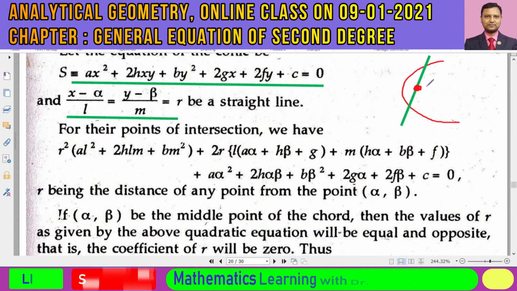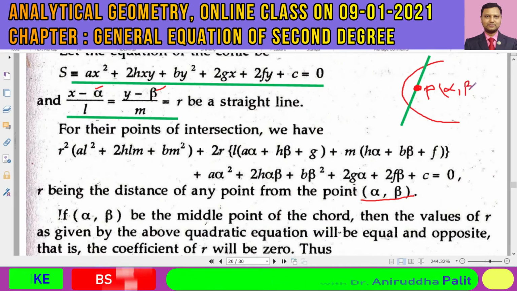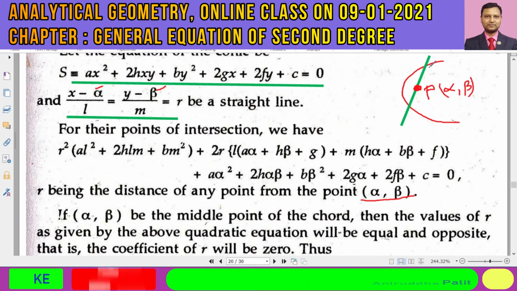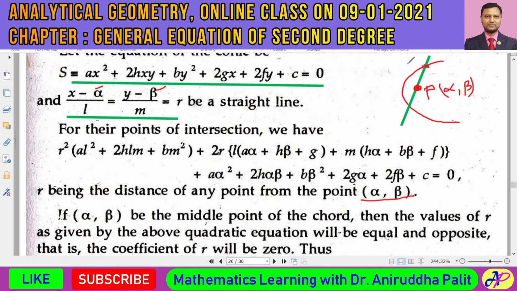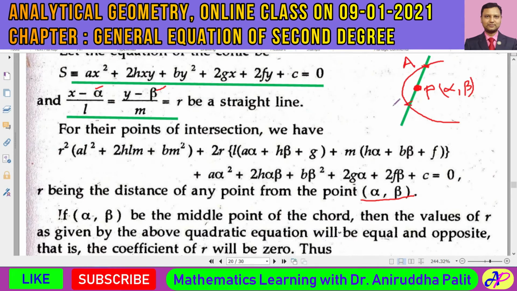Let us denote this point by P. This point P has the coordinates alpha comma beta, a fixed point. And suppose this is the point capital A, and this is another point, capital B,